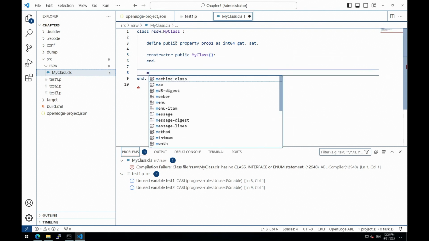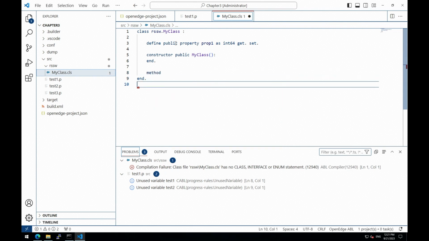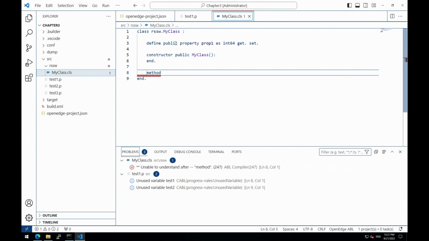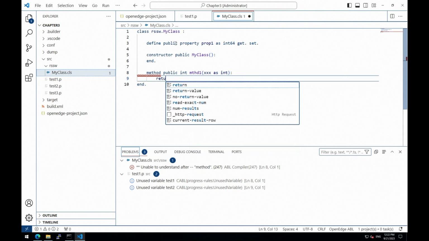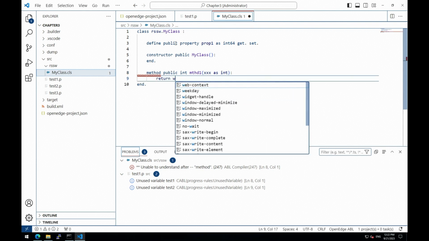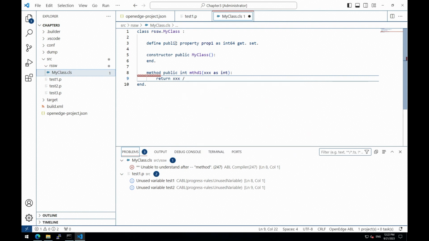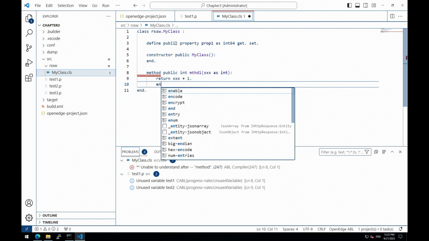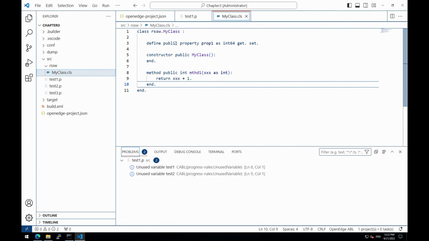And let's define one or two methods. +1, end. Okay, this compiles.